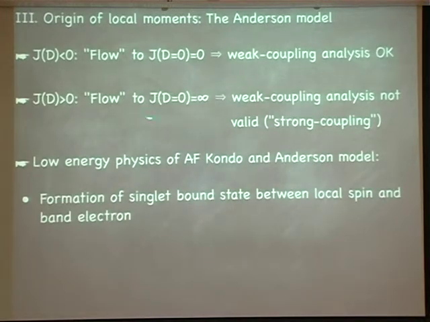But it tells you also something. Because J goes to infinity, the physics of these models will be such that the coupling is growing and growing and growing. So the more you look at low energy states, the coupling between those low energy states and spins becomes stronger and stronger. So there will be a singlet formation. That means the system of band electrons and the local impurity will form a singlet because of that effect.